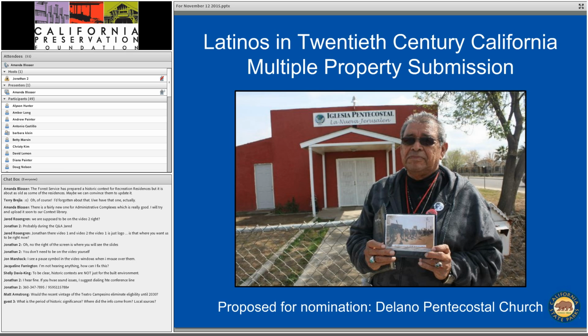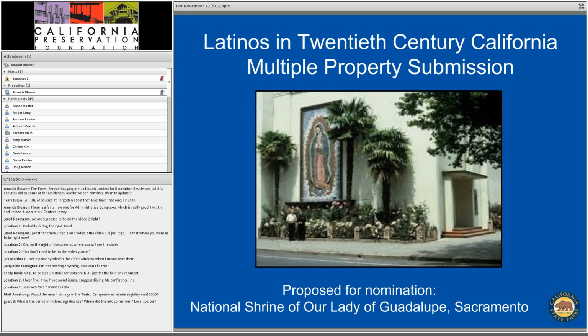Here's a Delano Pentecostal church. Would we want to just talk about this church in a vacuum? Not at all. We see this church as being significant again within the context of Latinos making a life in California, and in the sub-theme of religion and spirituality and Latino culture. Our Lady of Guadalupe Church in Sacramento. Again, significant in the broader context of making a life and religion and spirituality in the Latino community,